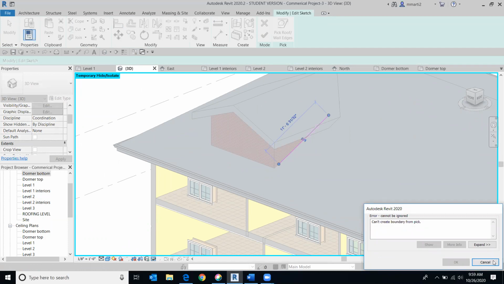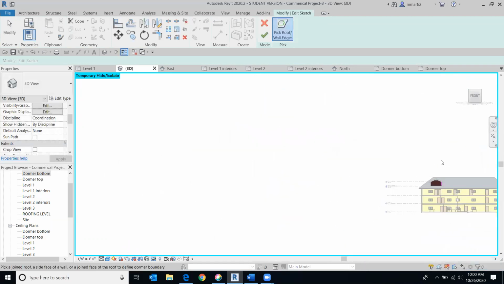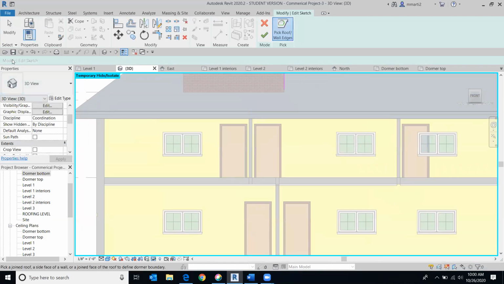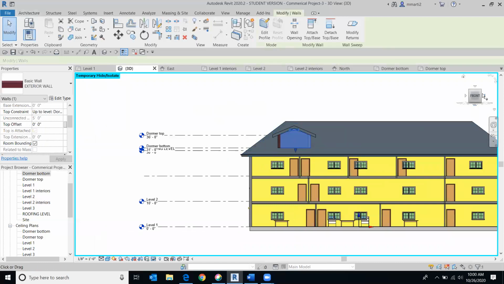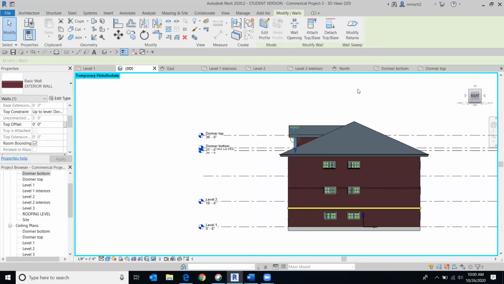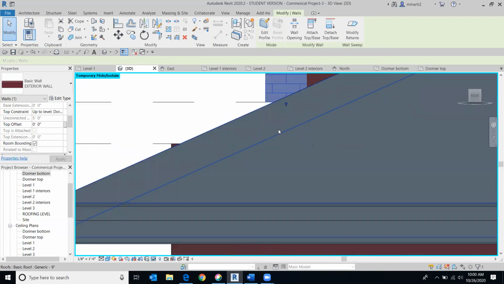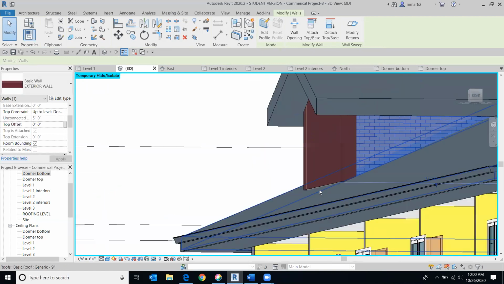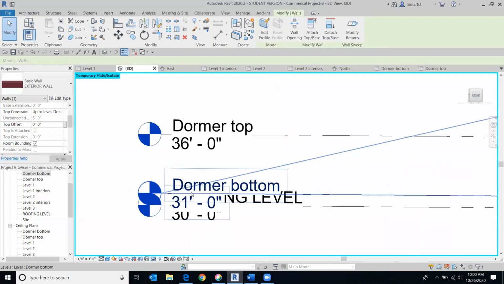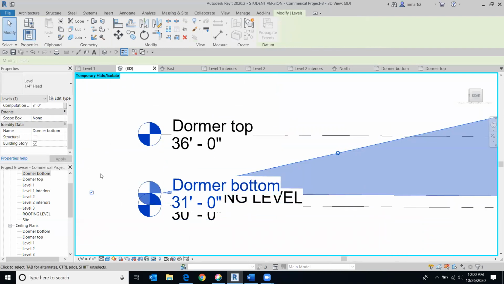those boundary lines. Okay, let's see, for some reason it's not letting me click that one. I wonder if that's not low enough. Let me back out of that. So the reason it wouldn't let me cut that boundary line is because the wall actually has to fully intersect this roof right here. You can see that there's a gap, so it was not able to select that. So I need to correct this elevation a little bit more. So for my dormer bottom, I'm going to change that to